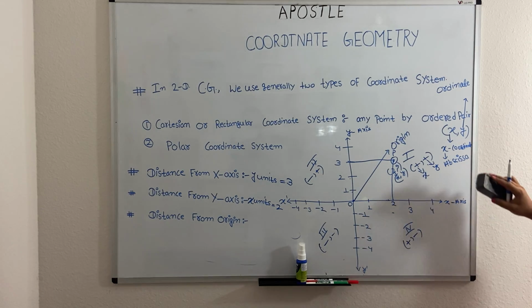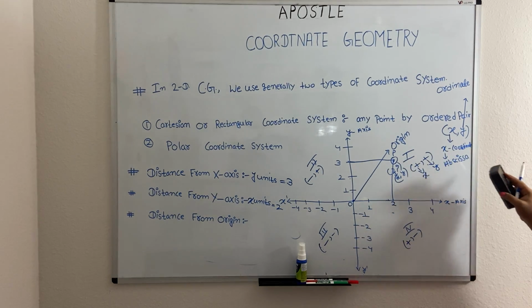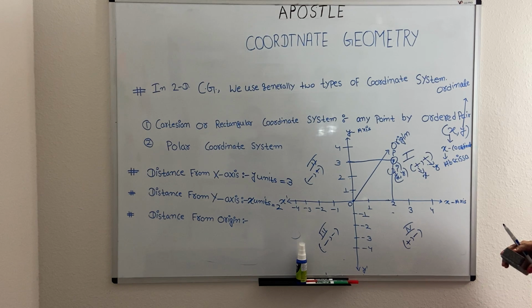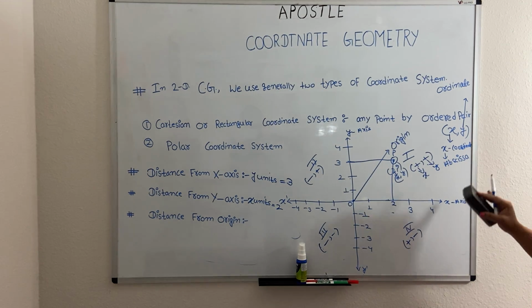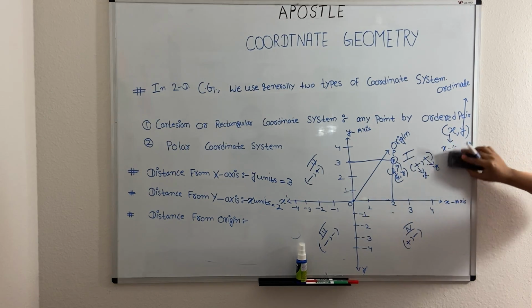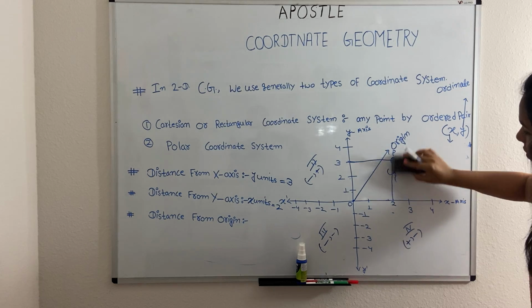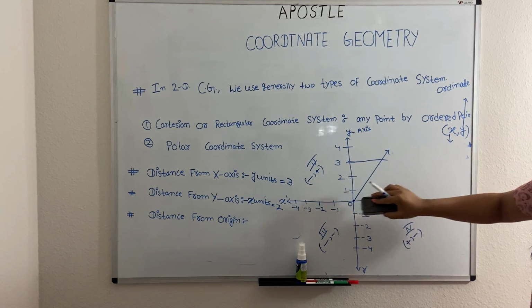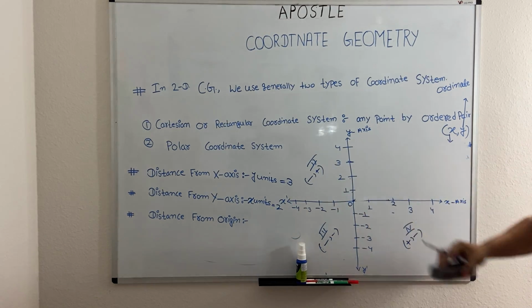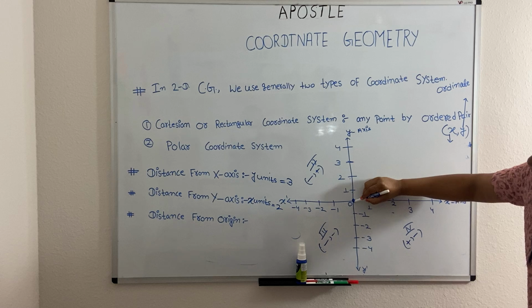Clear? Now, the x coordinate is known as abscissa and the y coordinate is known as ordinate. This is really very important. Sometimes in exams the question is like, you have to represent on the abscissa or you have to represent the ordinate. So we know that the x coordinate is known as abscissa and the y coordinate is known as ordinate. And this point 0 is known as the origin.